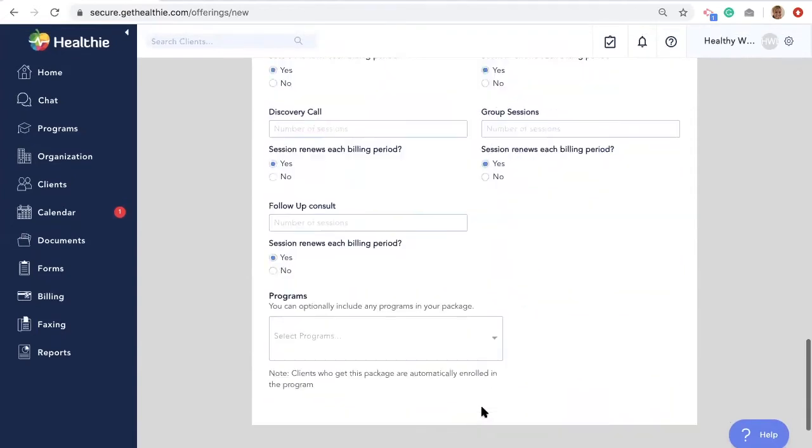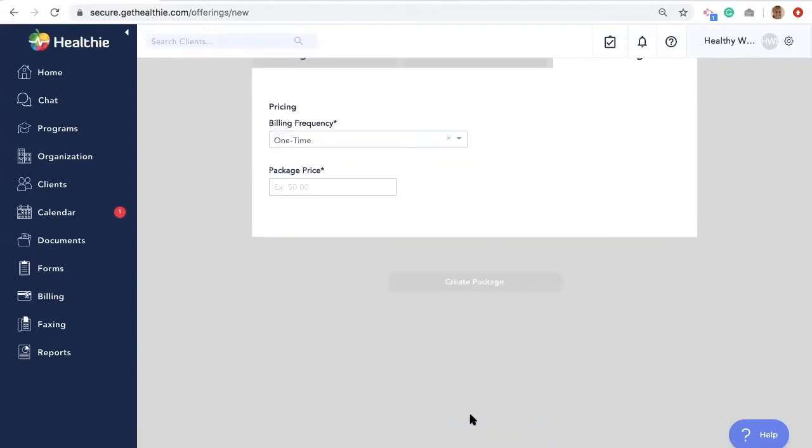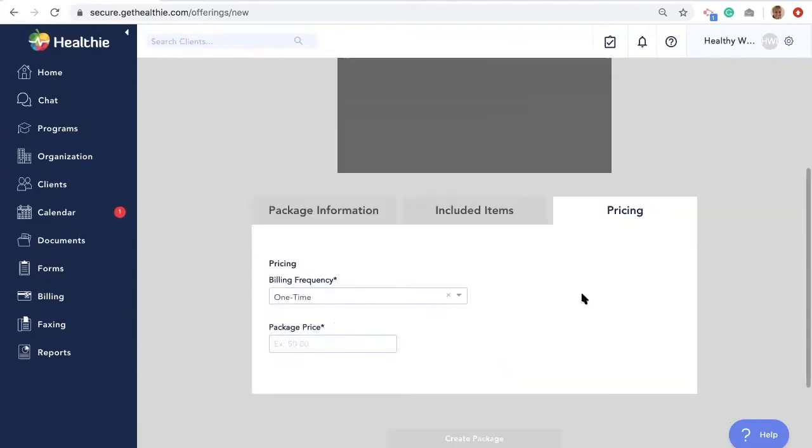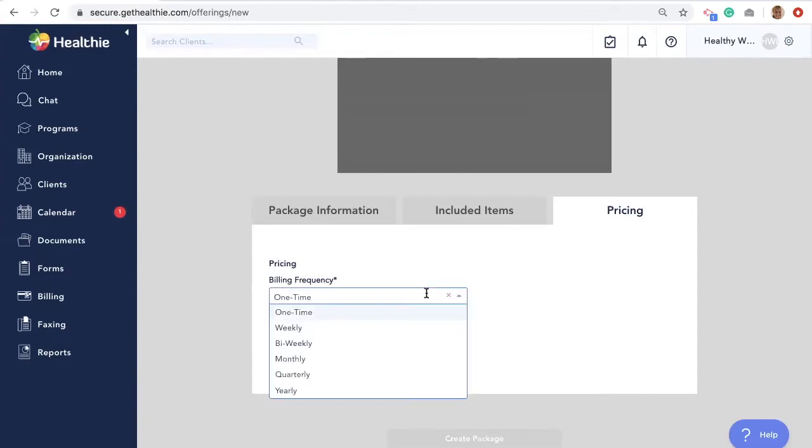At the bottom, select Continue to go to the pricing section. This is where and how you want to receive payment from your client. You'll see that we support a variety of billing frequencies, including one-time, weekly, bi-weekly, monthly, quarterly, yearly, listed here. You'll set up the cadence for these and determine whether the package should run until canceled or for a specific